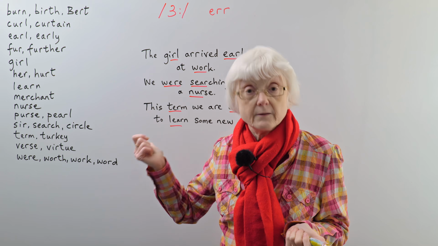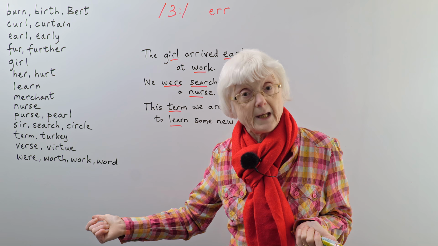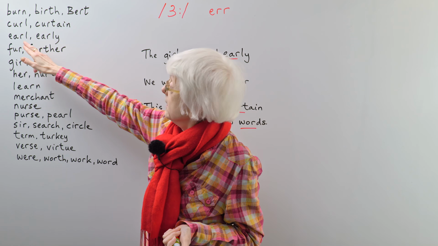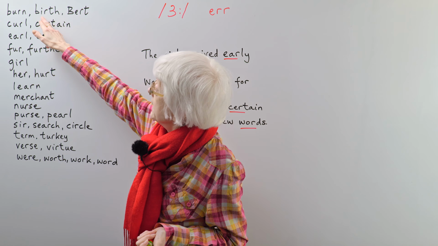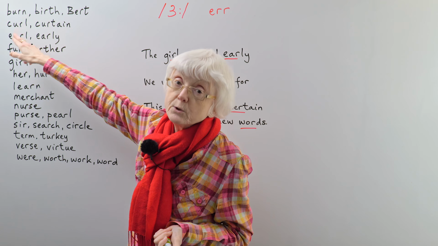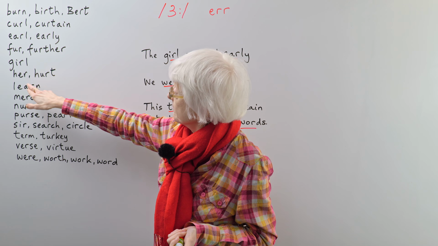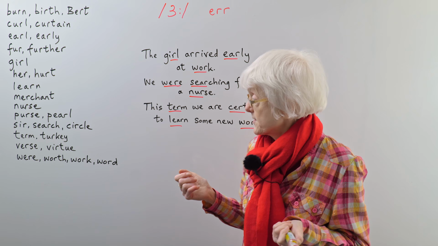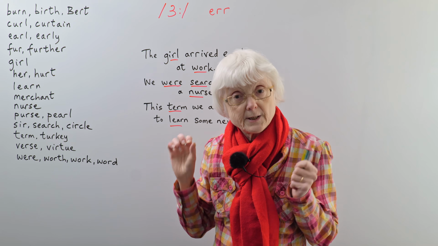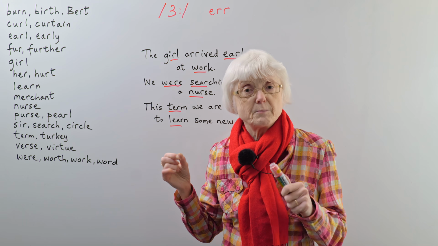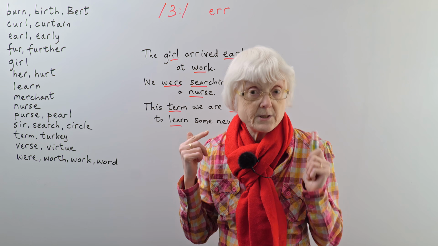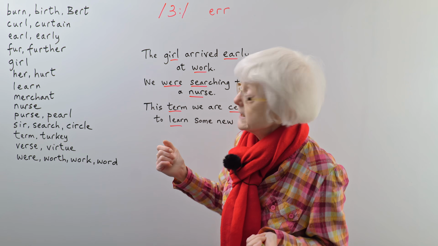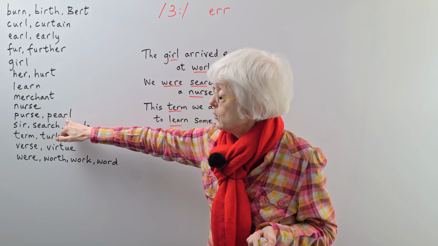And the other tricky thing about this vowel sound is that the words in English that contain this vowel sound have various different spellings. So you could have E-A-R, you could have I-R, E-R, U-R, all sorts of different, maybe 4 or 5 different spellings. And people try to follow the spelling when they say the word, but you shouldn't do that. Just remember, whatever the spelling, it's the same sound.